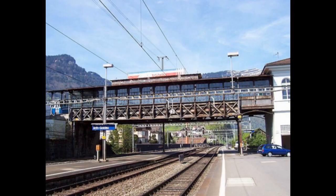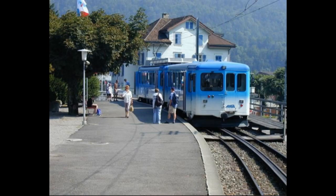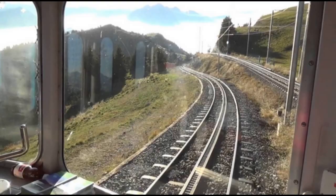So we arrived in Arth-Goldau by train, and then we had to transfer to go up the mountain railway. And you can see on the track, because it's a mountain railway, it has a cogwheel. You see the sprockets in the middle. So up the mountain we go,